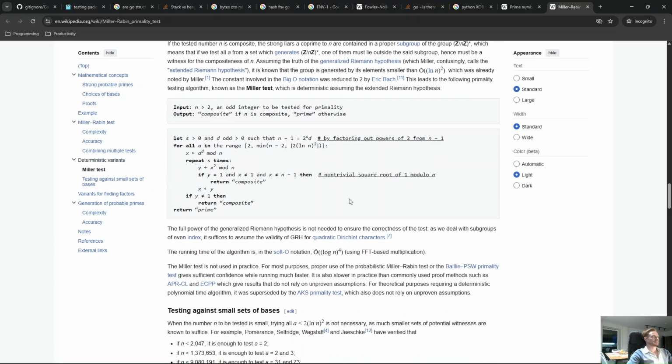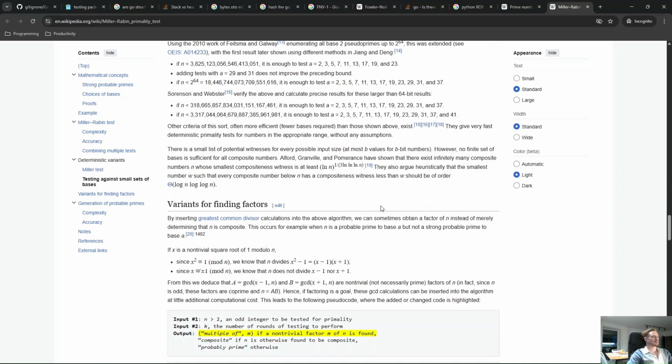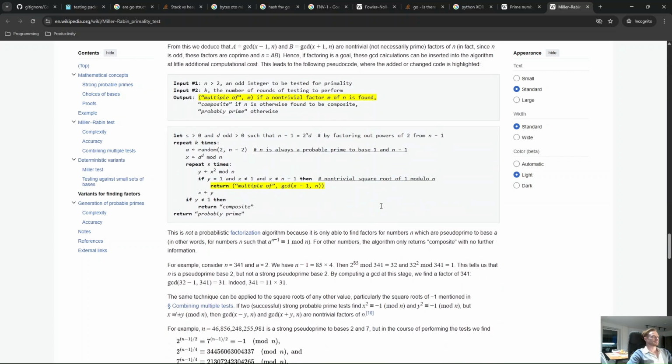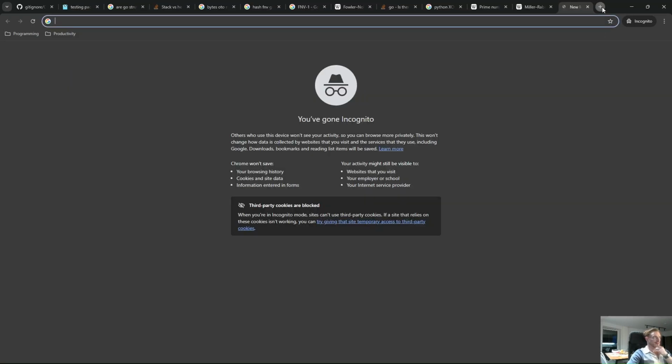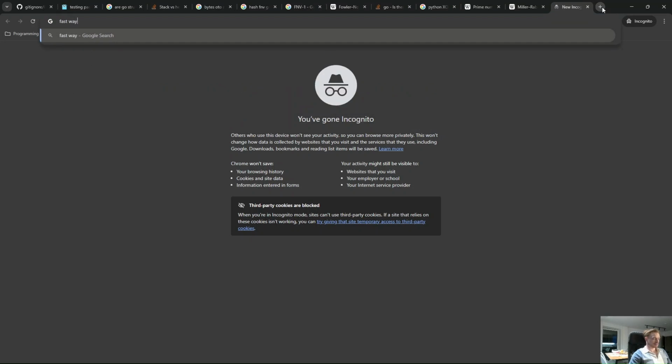Apply Miller test, testing against small number of variants for finding factors. So wait a minute. Fast way to determine if a number